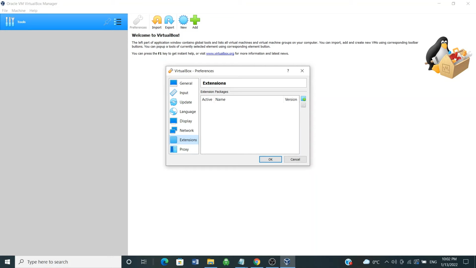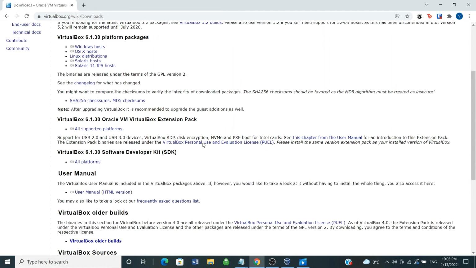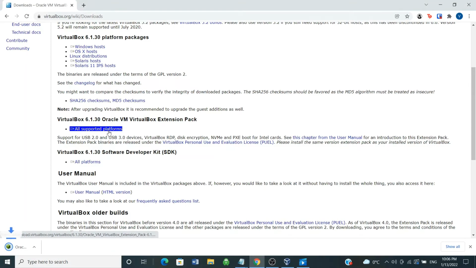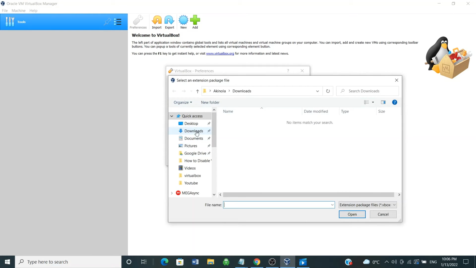So how do we install it? We need to go back to the web page where we downloaded VirtualBox. This is the web page where we downloaded VirtualBox, so we scroll down a little and we try to look for the VirtualBox extension pack. Click on the all supported platforms, as this file is the same regardless of the operating system. Now you need to browse the file you have downloaded above. So we go back to VirtualBox, click on this, look for where the file is located,